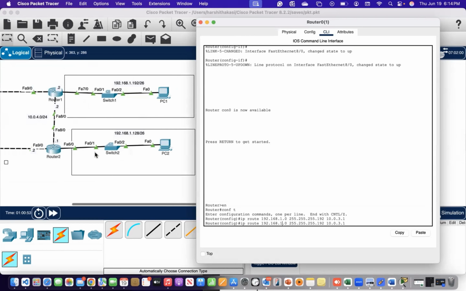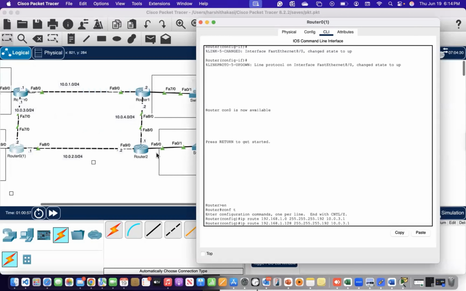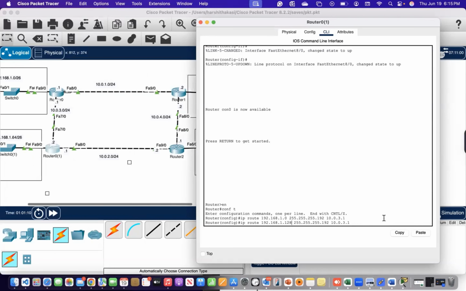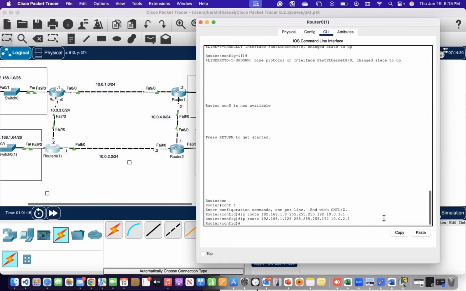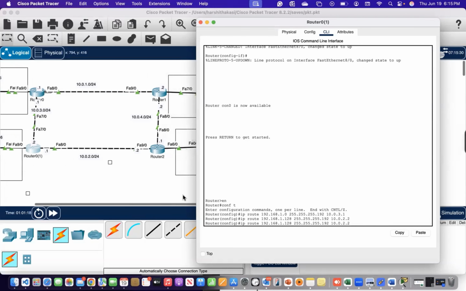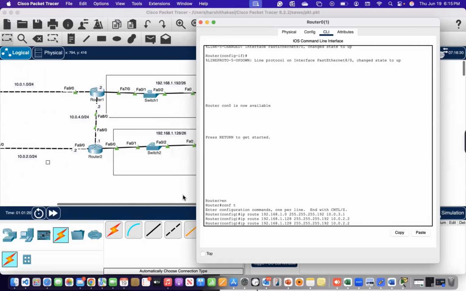And for 128, we'll just mention this hop address, the interface hop address, which is 10.0.2.2. So we'll mention the same. And we'll also repeat the same for the leftover network address, which is